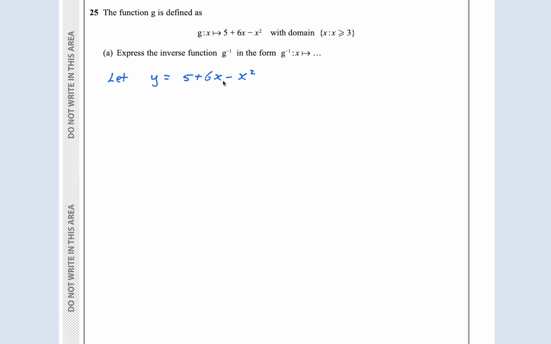So swap x and y. We always swap x and y because that's what the inverse function is, essentially. So x is equal to 5 plus 6y minus y squared. Now the goal is to make y the subject of the formula. To do that, we have to complete the square. That's the only way to do it. So to complete the square,